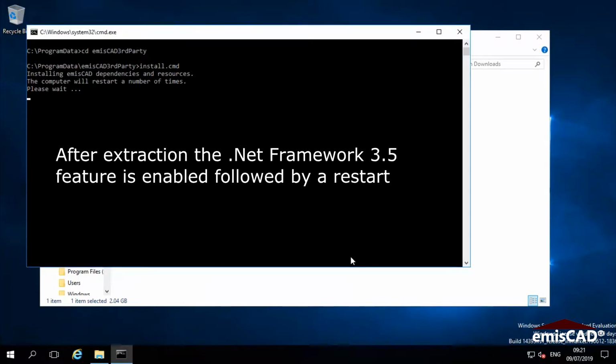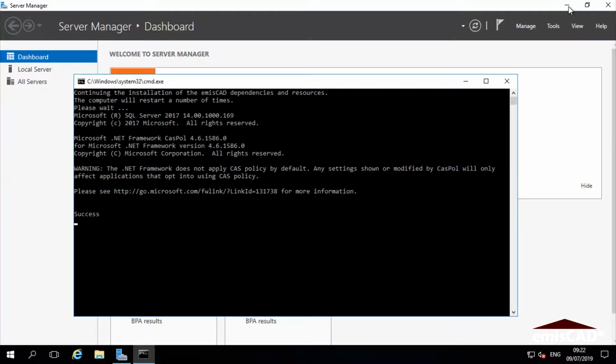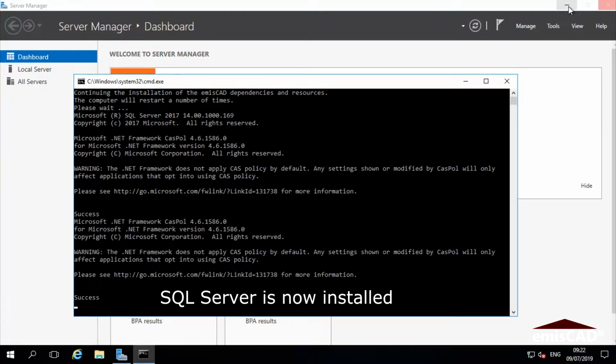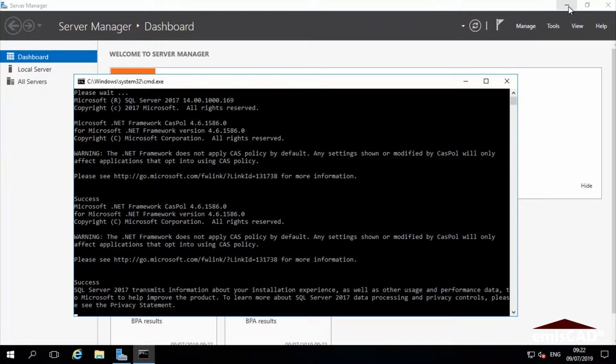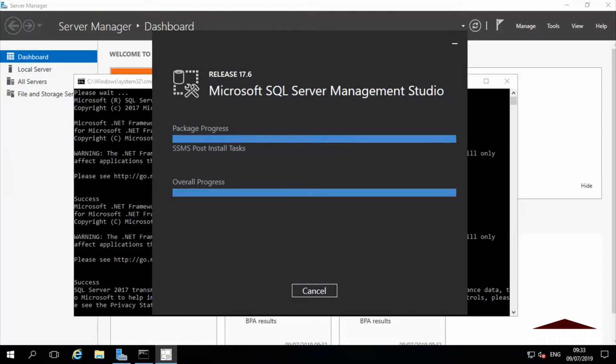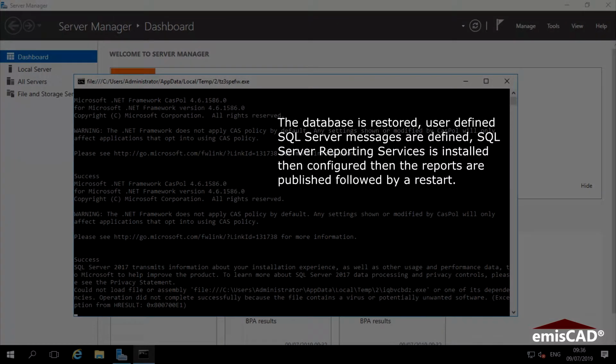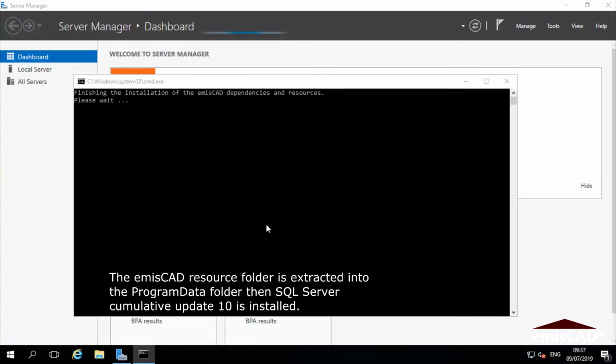So after all the files have been extracted, the .NET Framework 3.5 feature is enabled, and then the computer will be restarted and the installation will resume. SQL Server is installed, followed by SQL Server Management Studio. After SQL Server Management Studio, the database is restored, messages are defined, reporting services is installed and configured, followed by report publication. Then the server is restarted and the